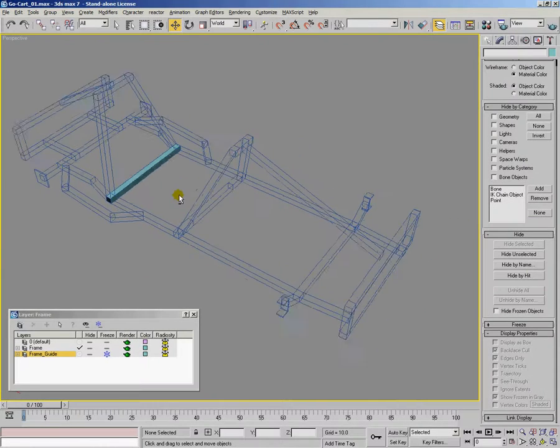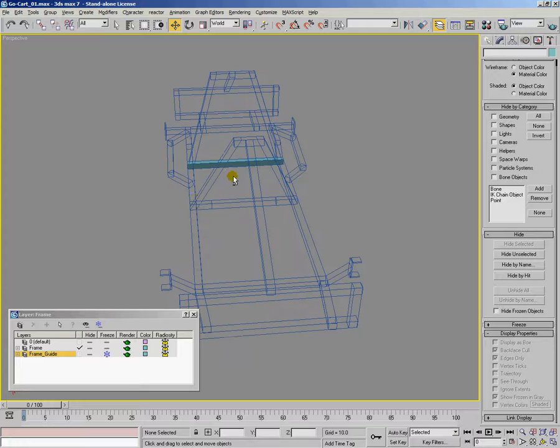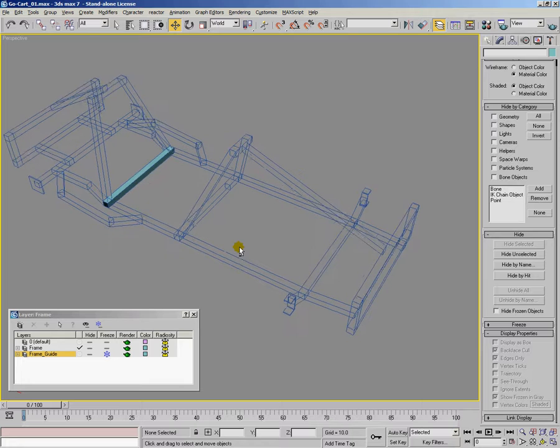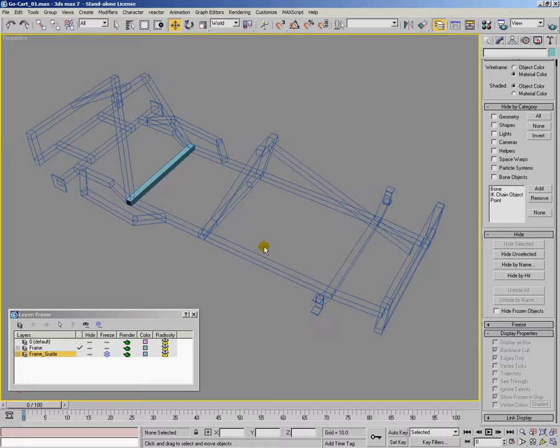Something to note about this model is it's symmetrical. You can see there's a symmetry down the center point here. And that means that we don't have to model the entire frame to get an end result which is usable. We only have to model half of the frame. We just have to model one half down one side of the symmetry. And then we can use various methods to actually reproduce the other side just by mirroring that model across to